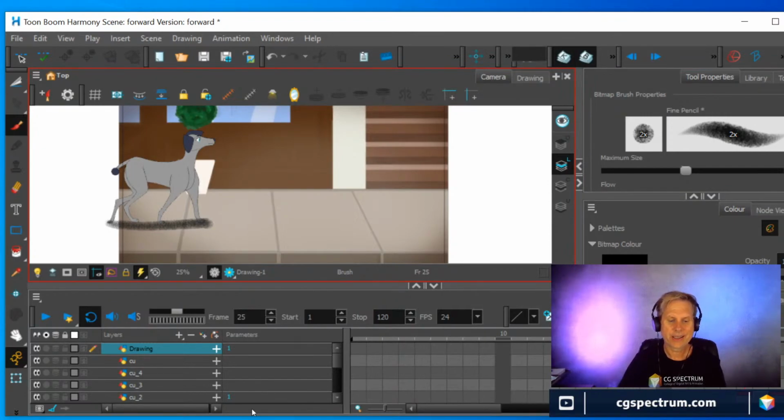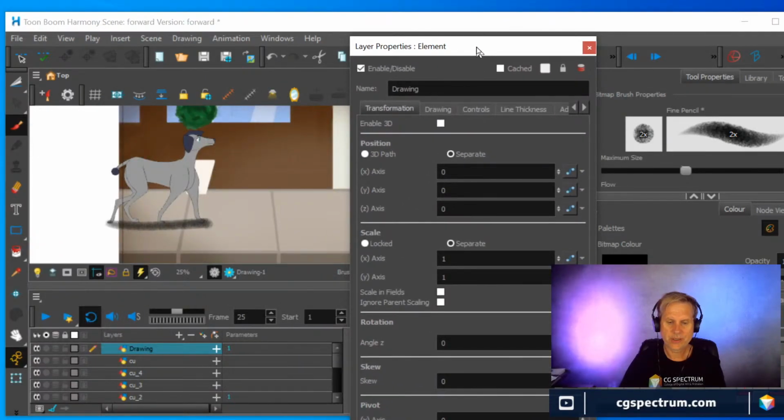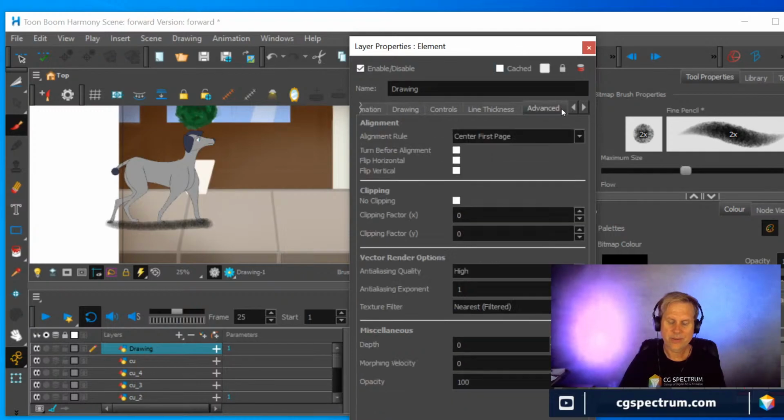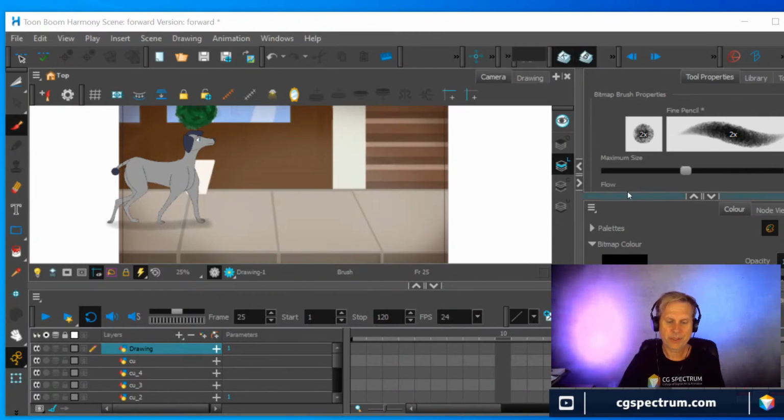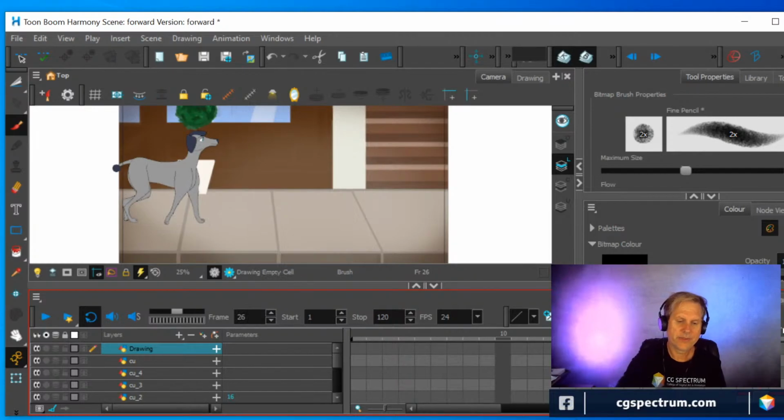And then I can go into that layer and I can knock it down using layer properties. So just have to look for the advanced and turn down the opacity just as far as you want it to. So try 34. See that? So that's a nice soft shadow. And then once I'm happy with that, I can go in and I could draw the rest of them. And if you want it to be a nice shimmery shadow, you could just draw it. And so every time the character moves forwards, it's going to shimmer a little bit, and that gives the organic